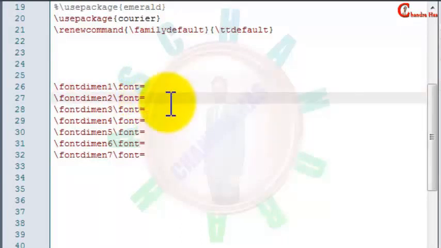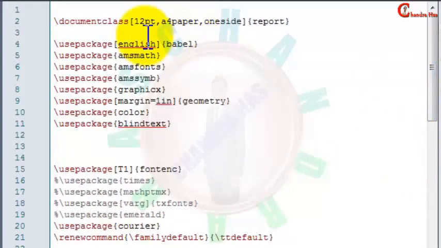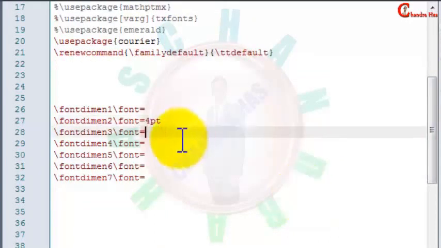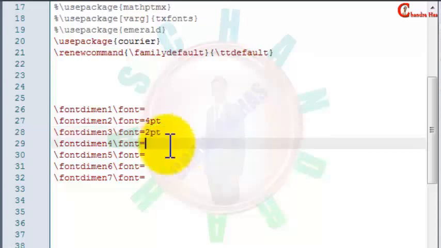Generally, people take 1/3 or 1/4 of the font size, so we have taken it 12 point. Let's take 1/3 of the font size, so it would be 4 point. Fontdimen 3 is the interword stretch, that means the maximum space between the words. So let's take half of the interword space, so it would be 2 points. Fontdimen 4 is used for interword shrink, so now let's take 1 point.